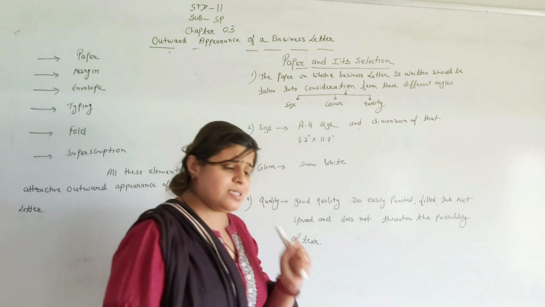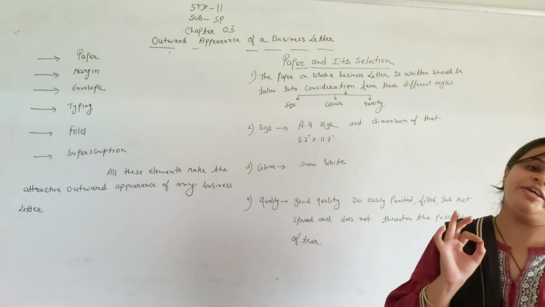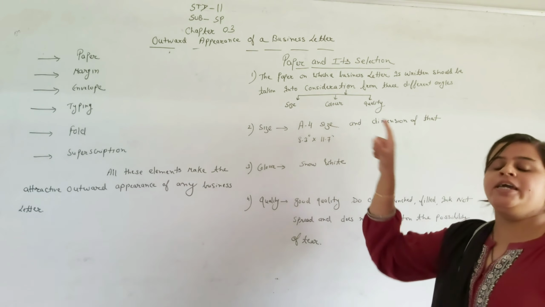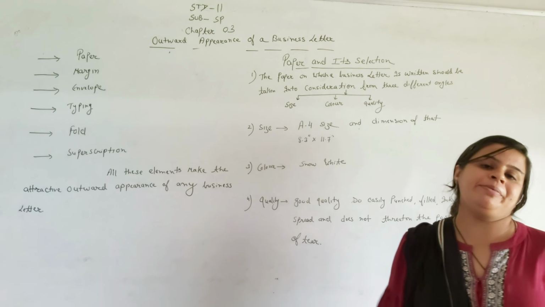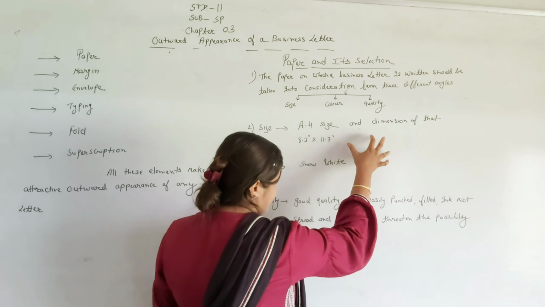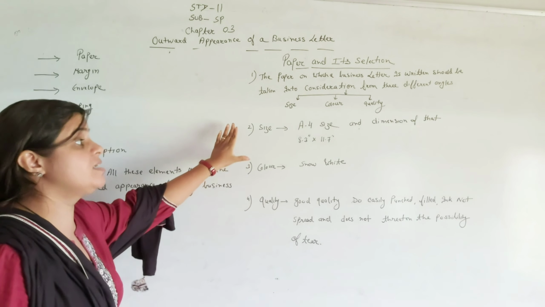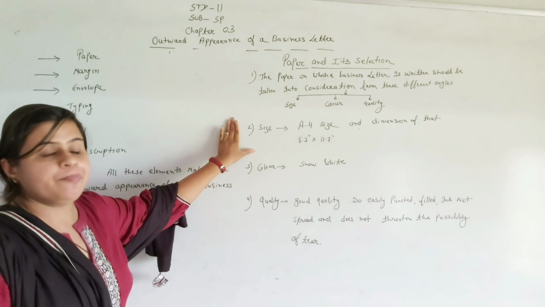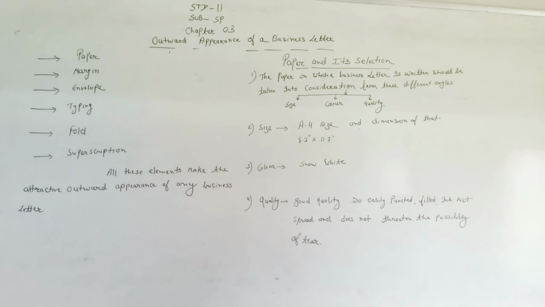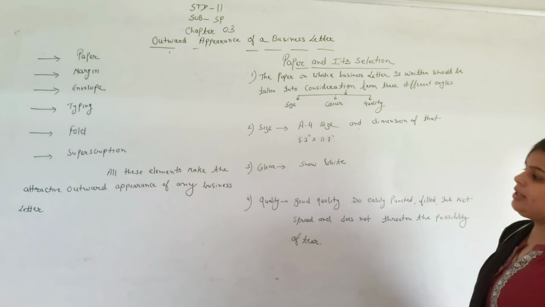Size, the major standard form of size is A4 size, which is easily available in each and every stationery, printout shop. It is more preferable size for writing any business letter. Okay, and the dimension of that, इसका size भी exact दिया हुआ है, dimension 8.3 multiplied by 11.7. It is the standard size. So the question can arise from here. State the appropriate size for writing any business letter. So your answer will be the A4 size and the dimension of that 8.3 multiplied by 11.7.